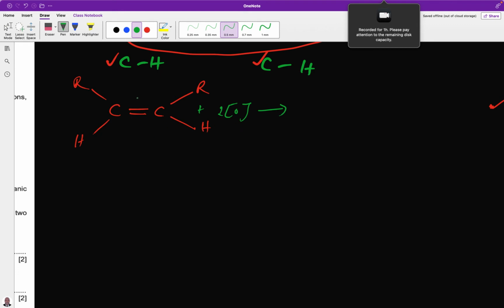Under this harsh condition, the double bond breaks, and this will be the molecule that will be formed. We will have this, and this, plus we will also have